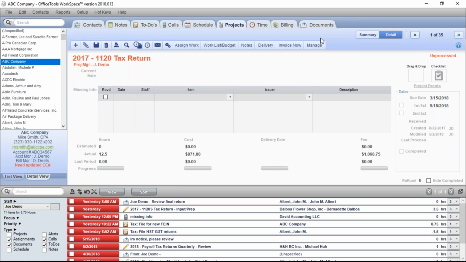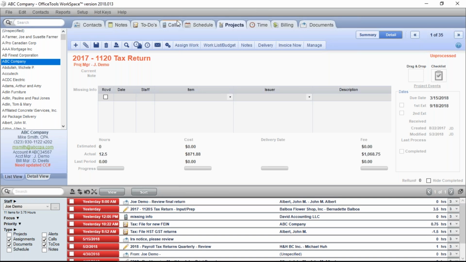Now, those need to be connected to work, right? Because as work gets assigned, we need to know how much time it's going to take, how much time it actually took to do, and that will then move over to the staff budget pieces. So the big area where work budgets come into play is going to be in projects. However, they're also applicable on to-dos, calls, appointments. So you'll see these all over the place.